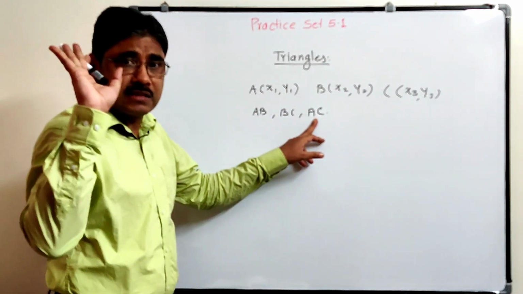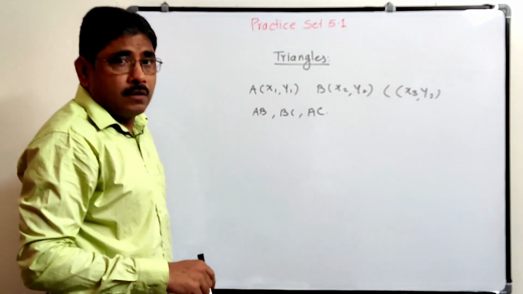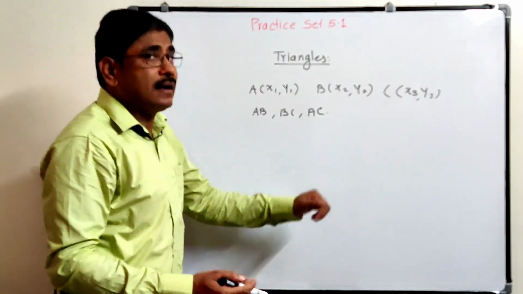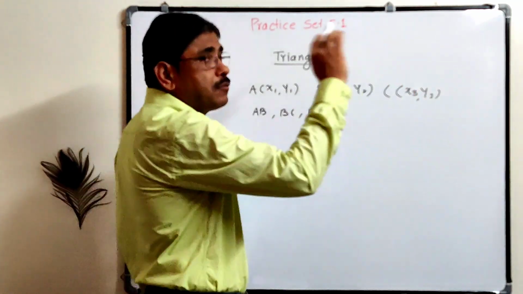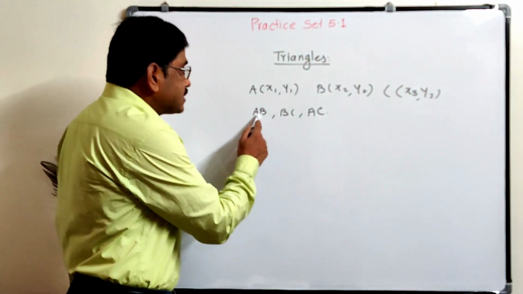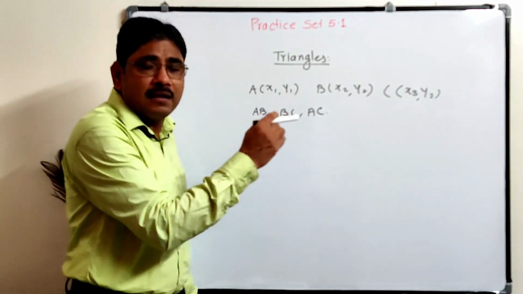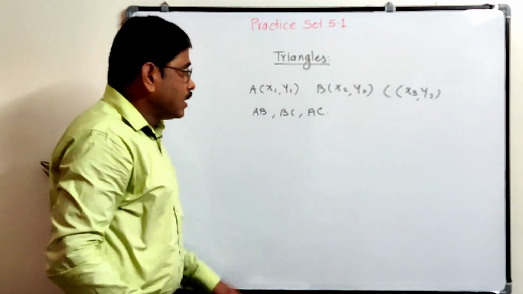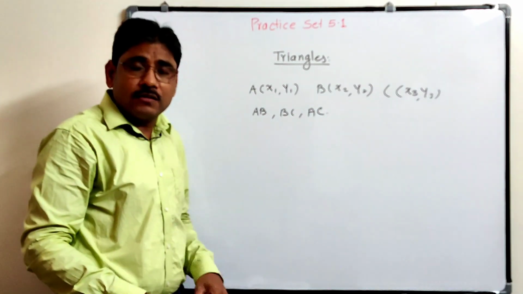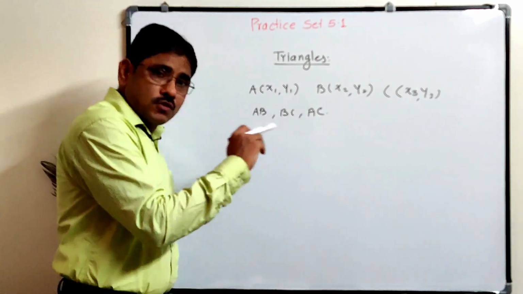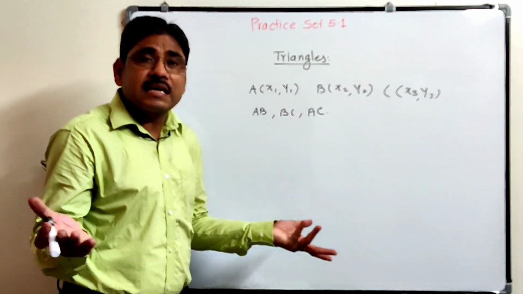You know that distance formula now, by heart. Now verify this is an equilateral triangle. If a question says verify these are the vertices of an equilateral triangle, that means the 3 distances must be equal. If all three distances are equal, it is an equilateral triangle. If any 2 distances are equal, any 2 of AB, BC, AC, which type of triangle? It is an isosceles triangle. If all 3 are different, it is a scalene triangle.